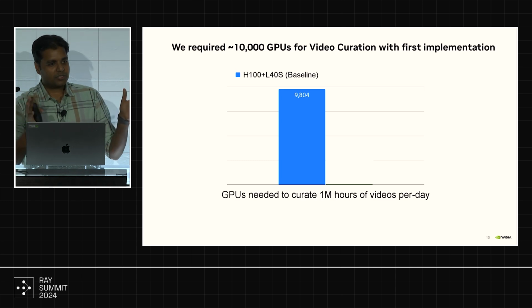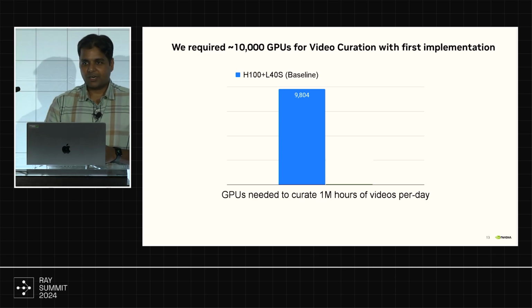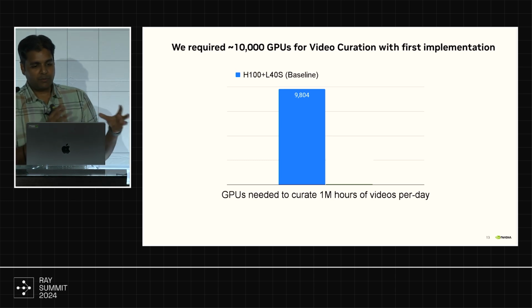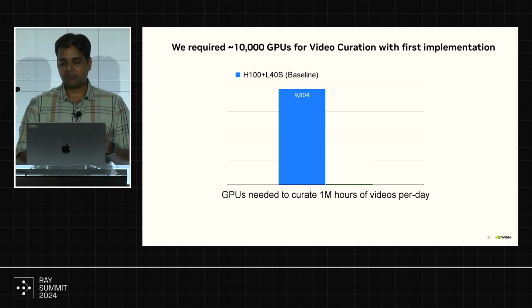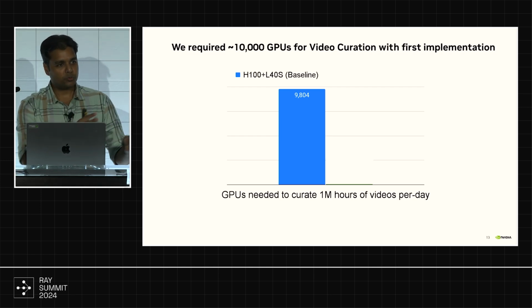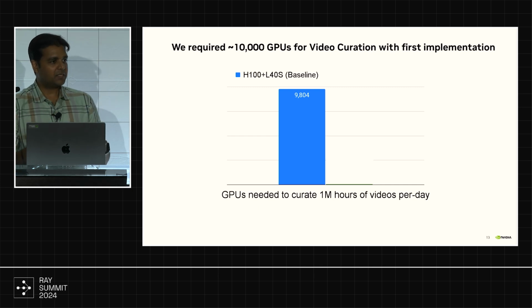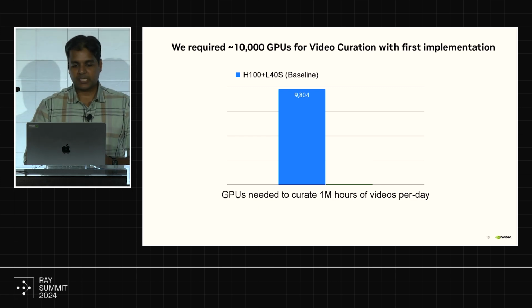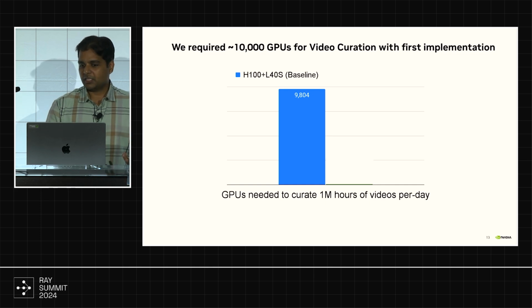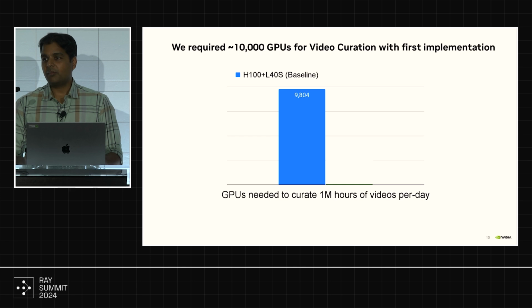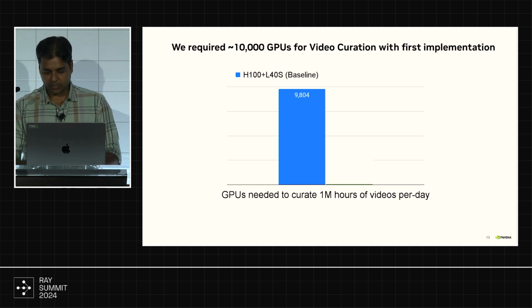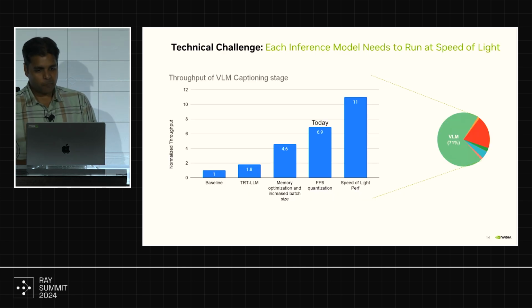So I've talked about thousands of GPUs for a lot of time. Let's look at how we made this pipeline efficient. When we built this pipeline on day 0 and did the math, for our mission we needed roughly 1 million hours of video to go through this pipeline every day. That was the estimation we did to make our research model successful, right? We procured GPUs, we built this pipeline, and we needed around 10,000 GPUs to do this job every day. It's a lot of GPUs, as you know, and they don't come easily.